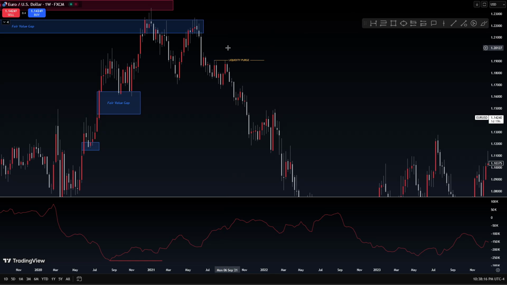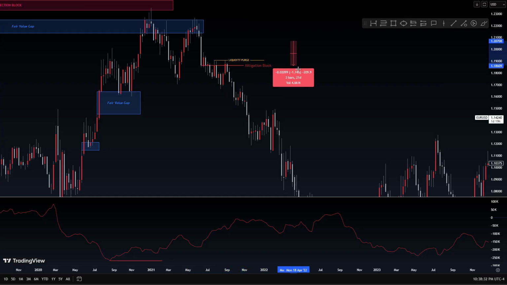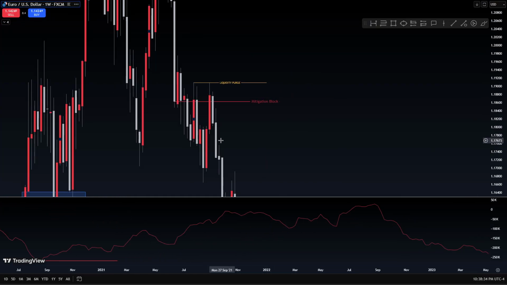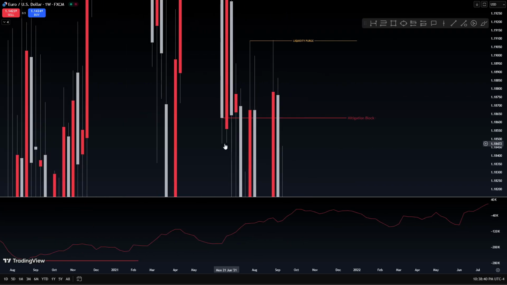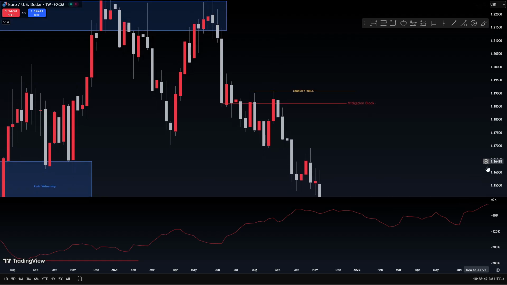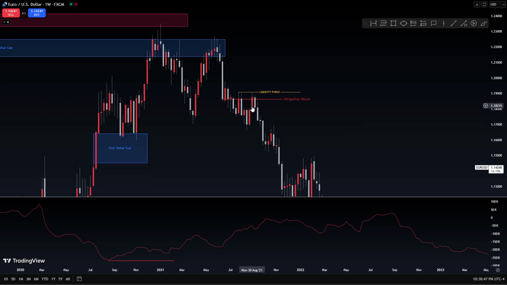Very cool. Price came up, purged the short-term high, and drops. They buy at that liquidity purge. But there's something else that's being accumulated in. That mitigation right there. One of the strongest PD arrays to exist. Let me see if that's actually a mitigation. That might not be. Nope. It is a mitigation. This candle is lower than that one. So yeah, that is a mitigation block. So price is accumulating within that mitigation block right there. But they bought at the liquidity purge. So with the side confluence of the mitigation block,